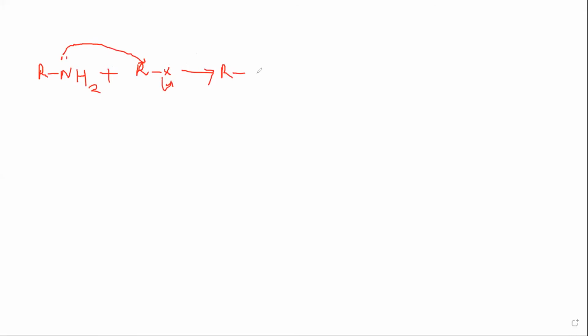So we will be getting R, NH2 plus, and here another R. This RNH2 attacked the other R of RX. So here comes a plus charge. Always remember, for nitrogen, if four bonds are surrounding the nitrogen atom, there should compulsorily be a positive charge on it. And you will be getting this.